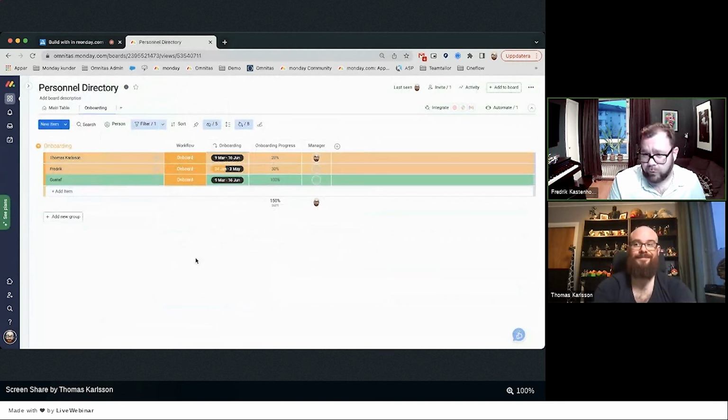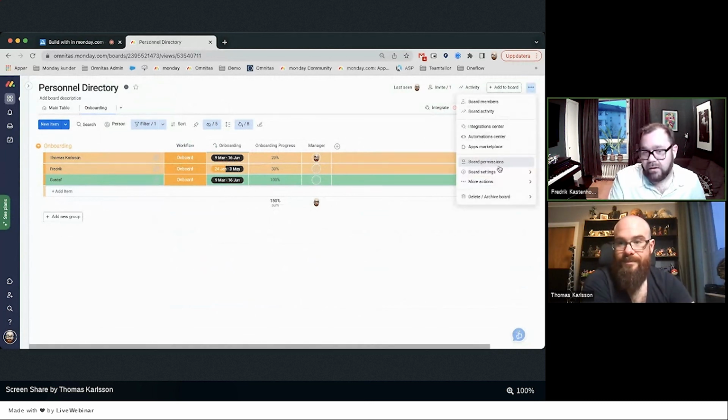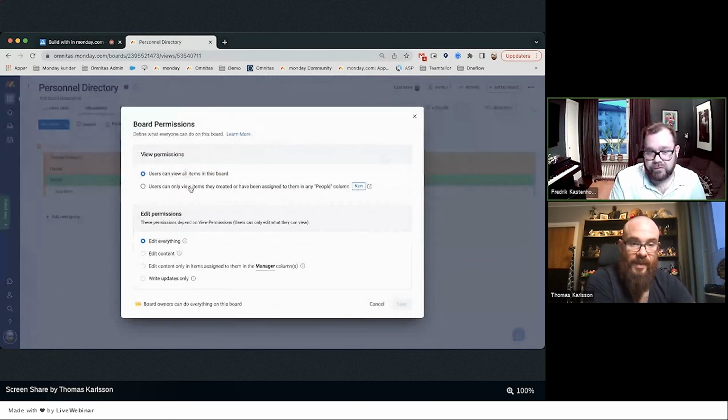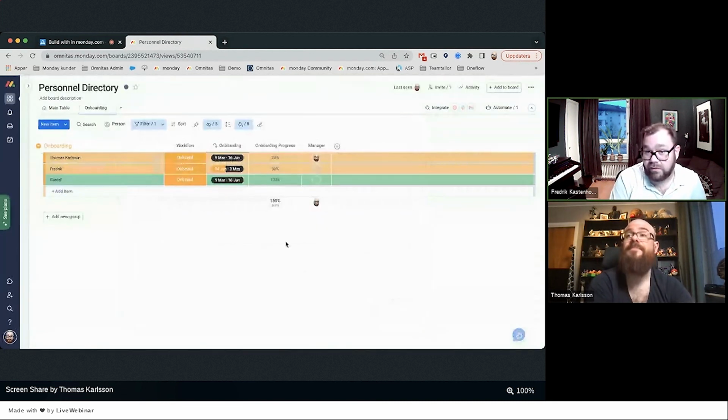And if you're on an enterprise account level, you can also put in IT specific stuff in there and not show them, with board permissions, basically, to the end user. But these are the things you at IT should do for this person's offboarding, and then you don't have to show them those tasks to the end user as well, so to speak. But yeah, this